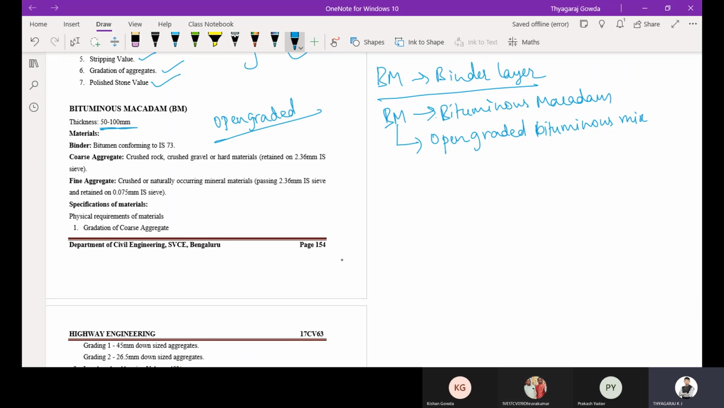Okay, that is an open graded bituminous mix. What are the various materials which will be used to prepare this bituminous macadam? The first one is binder, that is bitumen conforming to IS 73. So remember, whenever they ask in the exam, you write the binder, that is the bitumen conforming to